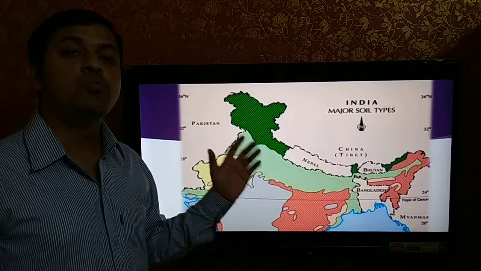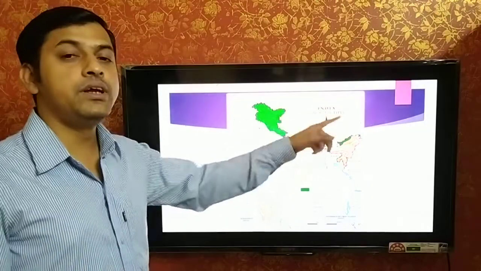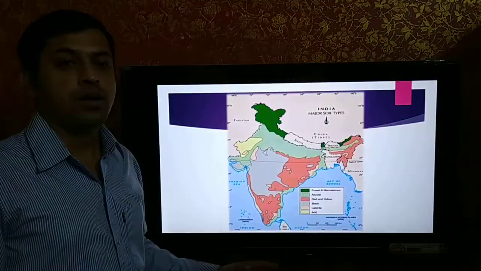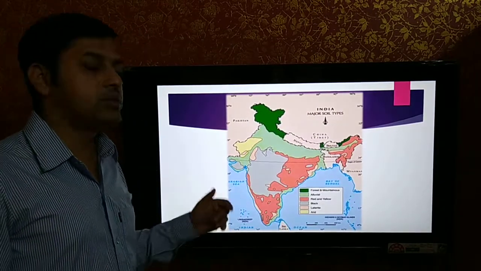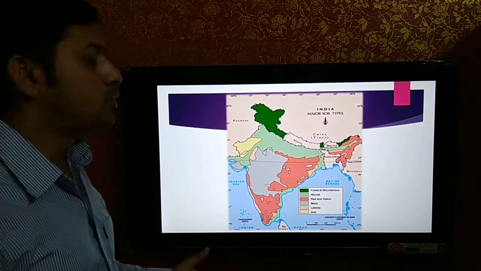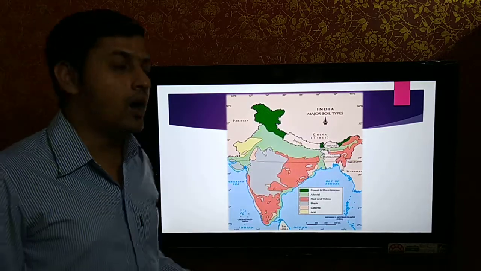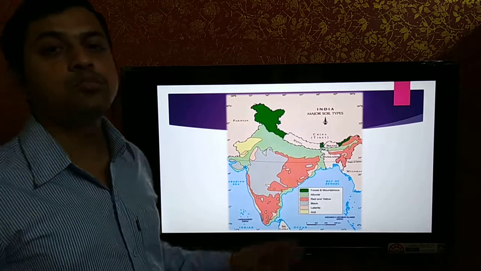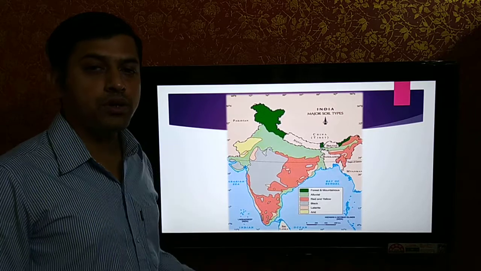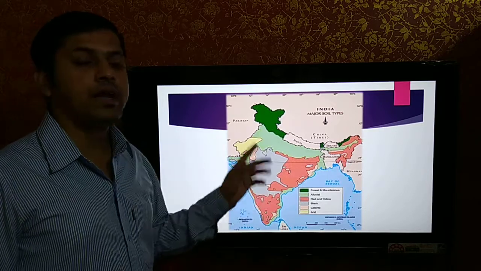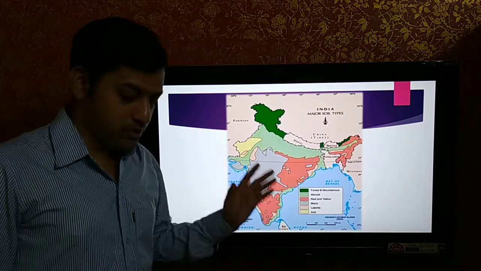From this map you will practice. This map is already given in your textbook. In the examination, all the types of soil will not come at a time. Any one or two types of soil may be asked, and you should mark or shade it properly on the Indian outline map, and try to use pencil colour for colouring. If you want to use a symbol, you can also use a symbol. While writing on the map, you can use pencil or pen.